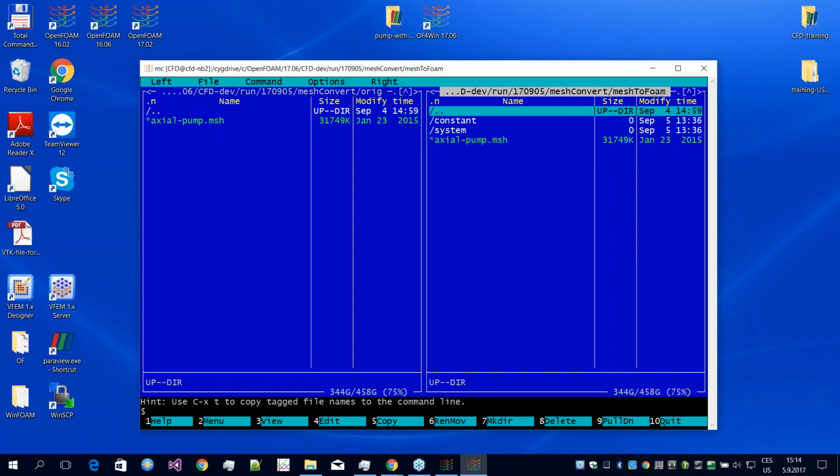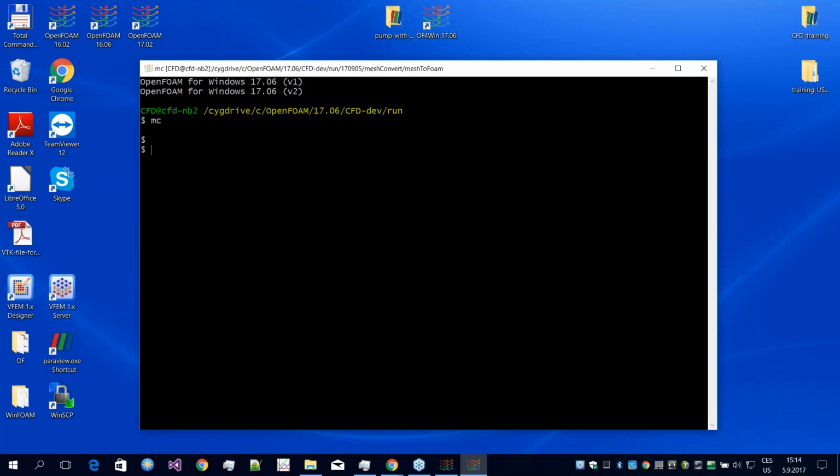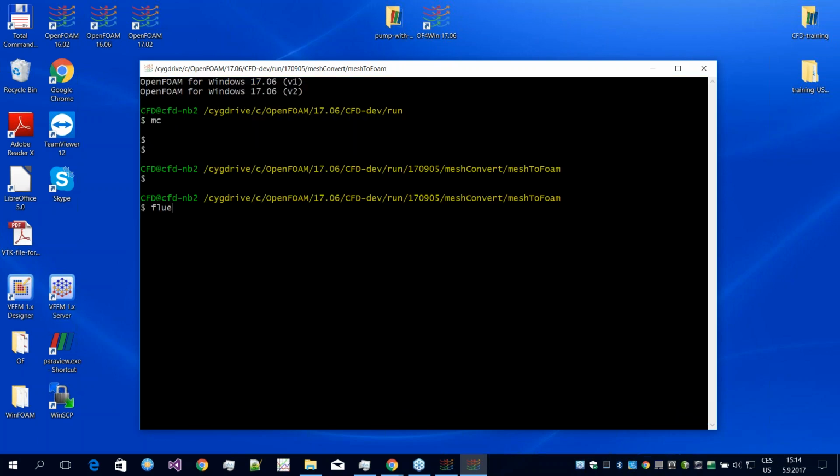And here I have created the case in which I would like to convert this MSH format to OpenFOAM format. For this, I just need the simple OpenFOAM structure. So now there is a simple command for converting Fluent mesh to foam, because this is the